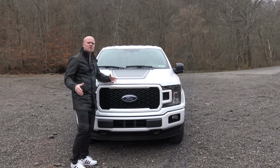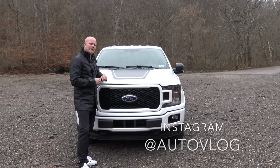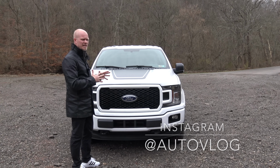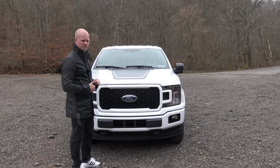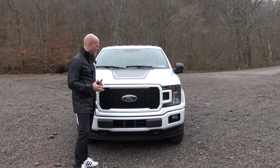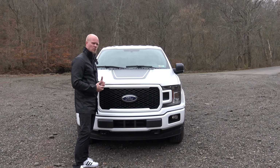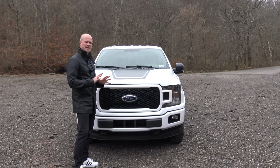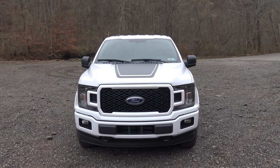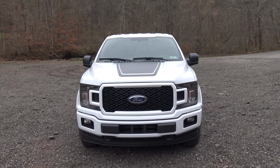Now there's so many different F-150s you can buy. They have 8 different trim levels, starting at the base XL all the way up to the Raptor. Today, we have an XLT with the special edition package. However, I'm going to do my best to try to cover the 2018 Ford F-150 in general. I can't have 8 different trucks here, it'll take too long. So we're going to start off here and walk around this truck, and then we'll touch on what's new for